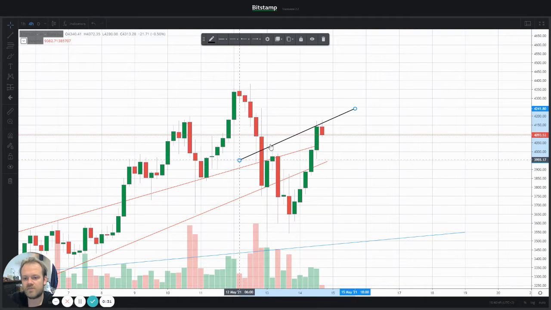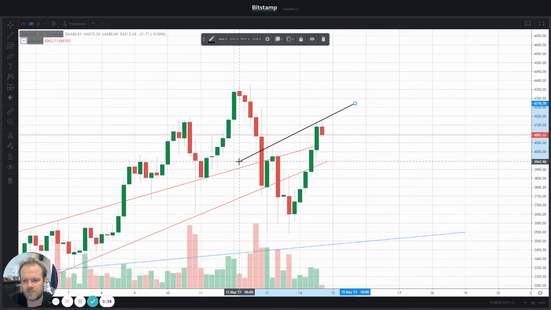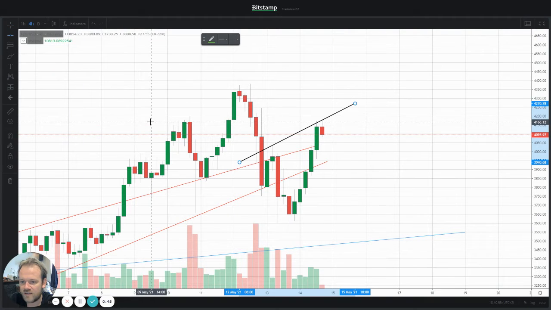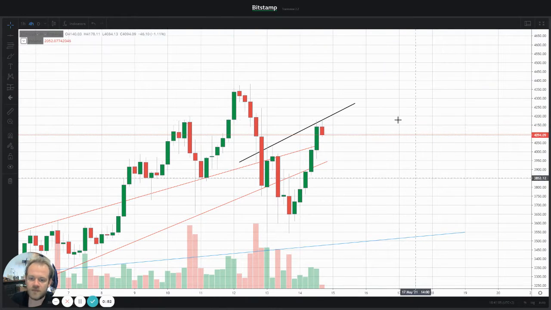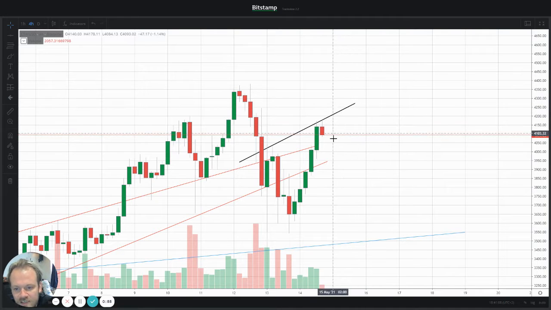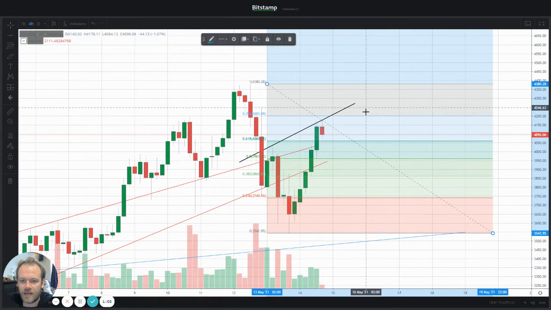That means, since we are now starting to break to the downside, I've actually traded this a couple of percent. I don't know how many percent it was, and I've stepped out of the trade because of this horizontal line here that we touched. You can see this was some resistance here. So I thought, okay, we are losing momentum, and I closed it, and as it looks like it was the right decision.